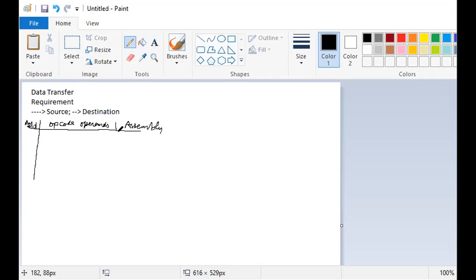Let's see the simple examples. Supposing that we wish to write the program in memory starting at address 2000.